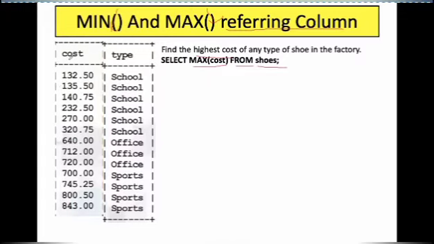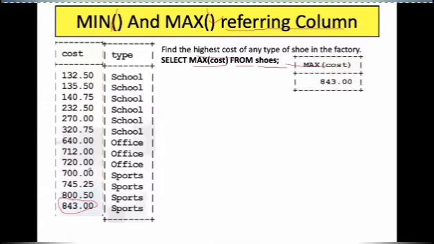So this is the cost column of the shoes table. Can you see the maximum value in this? This is the maximum value. No condition is specified here. If you have some condition, you can put it here using where, but in this case there is no condition, so it will consider all the costs. So 843, I hope this is clear. 843, we had judged it right.